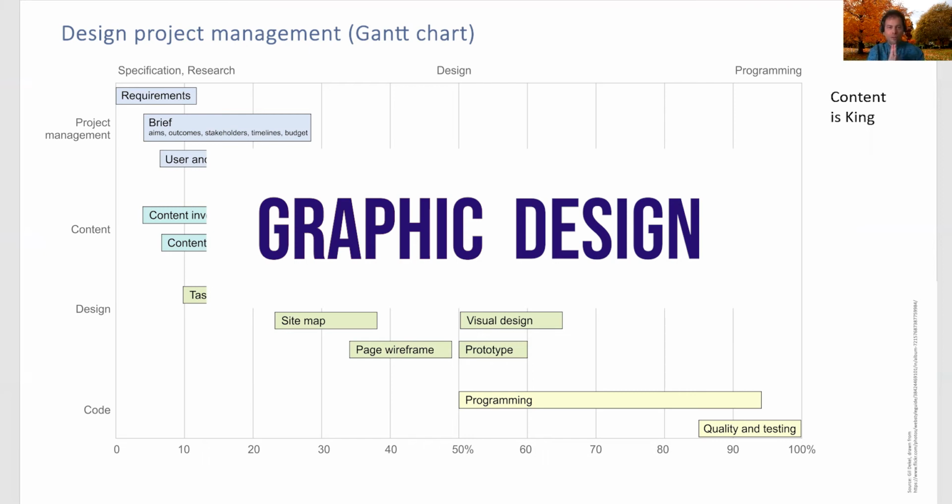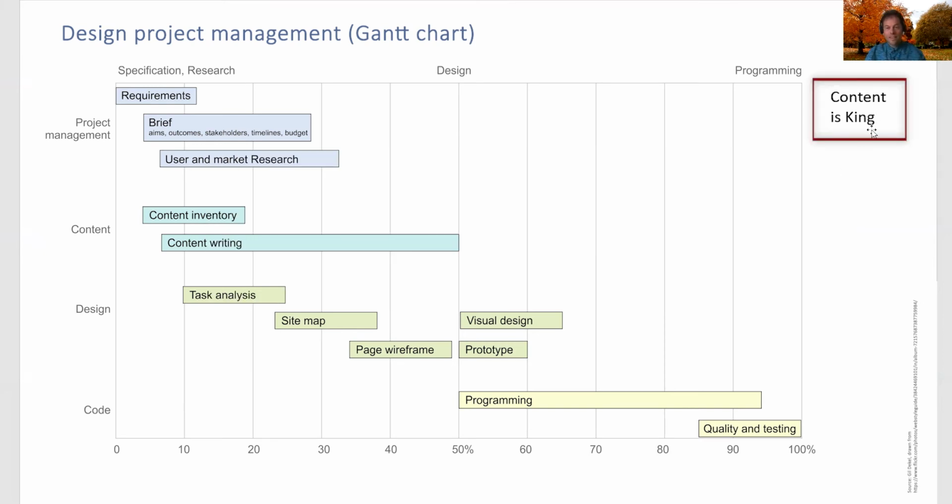So you have to remember, first is the step of writing the content, doing user research, doing market research. Content is king. Content is always king. Design is not ornamental. Design is not wallpaper. Design is useful art. It is functional. Functional to what? It is functional to the content.